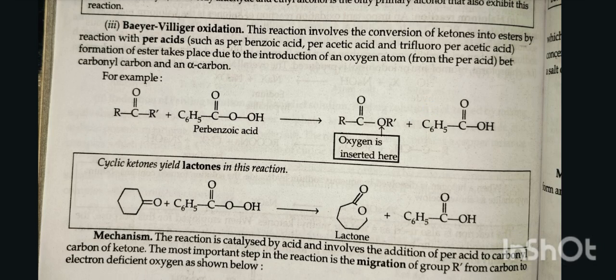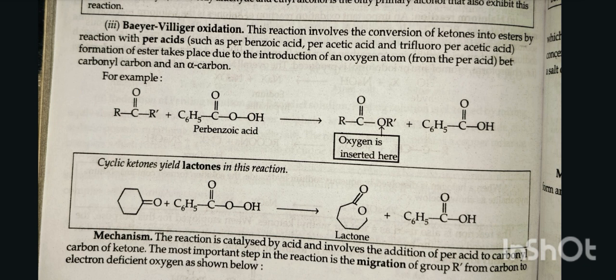Third, Baeyer-Villiger oxidation. The reaction involves the conversion of ketones into esters by reaction with peracids such as perbenzoic acid, peracetic acid, or trifluoroperacetic acid. Formation of esters takes place due to the introduction of an oxygen atom from the peracid